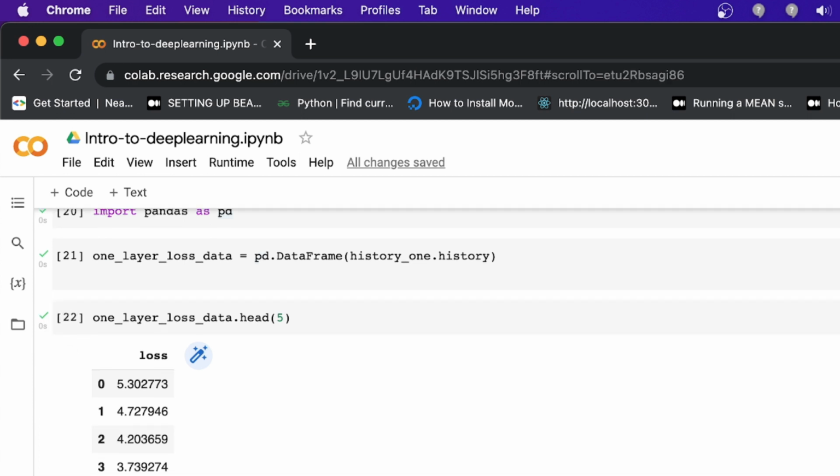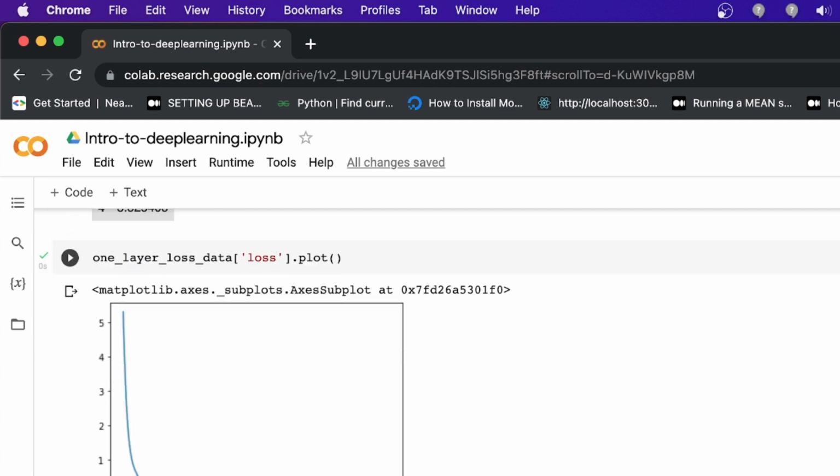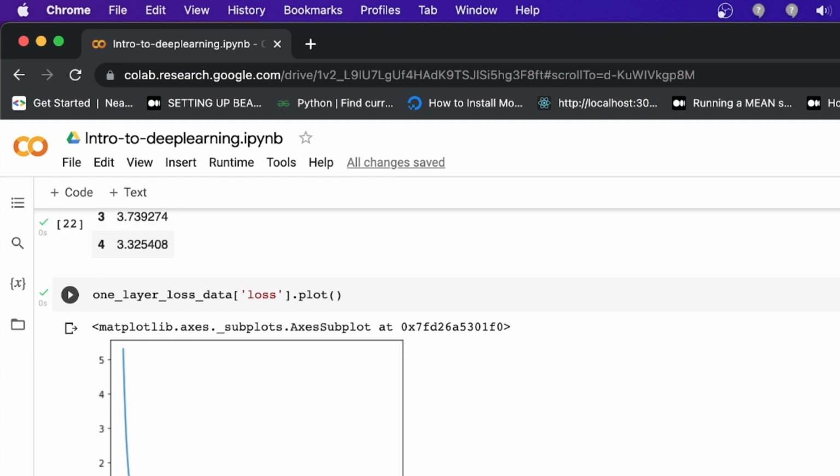It is easy, either you can use matplotlib or you can directly use this one layer loss data dot loss, and directly pass plot. Don't need to use matplotlib to draw this. And you see the graph, how the loss is decreasing. Means one layer is better, and it is decreasing, it is good.